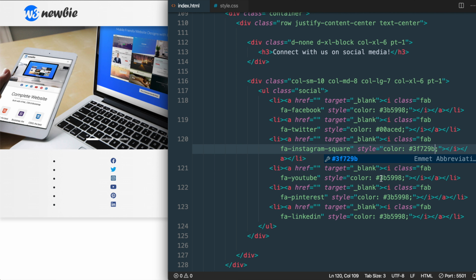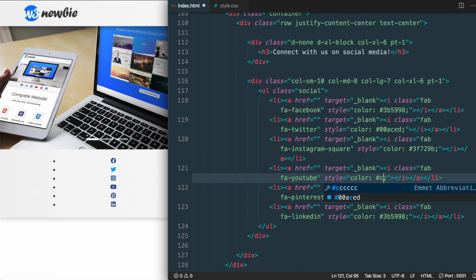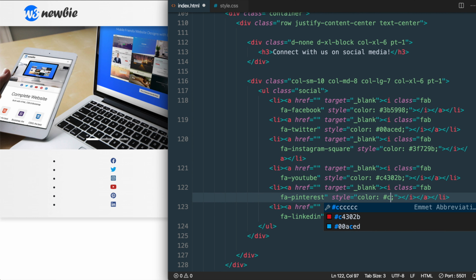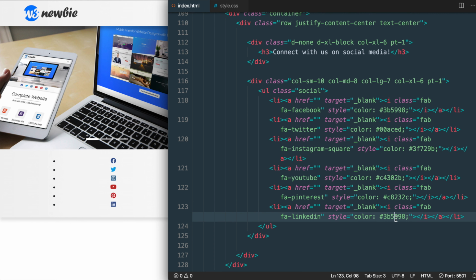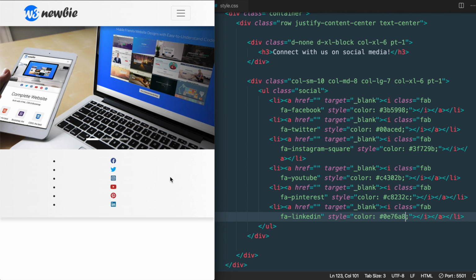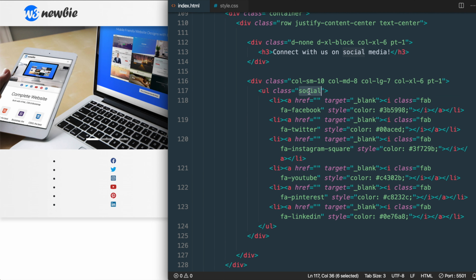Then for the YouTube red hex value, it's C4302B. For Pinterest, the hex value is C8232C. Then lastly, for LinkedIn, it's 0E76A8. Now with all of our HTML complete, we're ready for our CSS styling, starting with the unordered list social class,